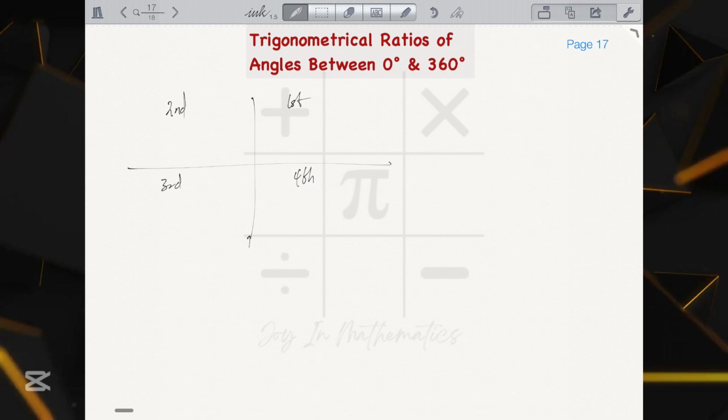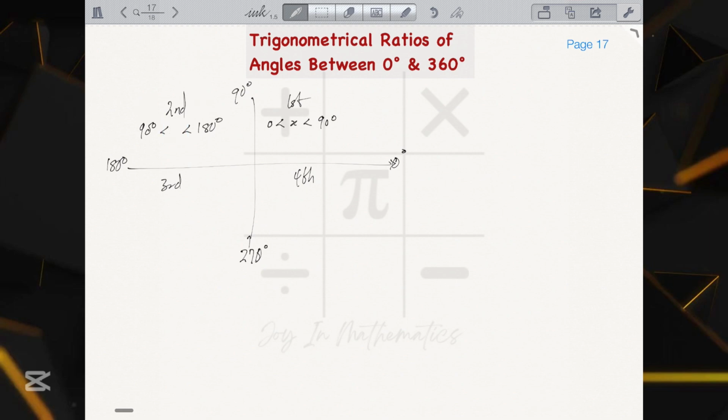In the first quadrant, the values of theta range from 0 degrees to 90 degrees. So therefore we will have 0 less than x less than 90 degrees. Likewise, in the second quadrant, the values range from 90 degrees to 180 degrees. So we have 90 degrees less than x less than 180 degrees. Similarly, in the third quadrant, we have the values of x ranging from 180 degrees down to 270 degrees,